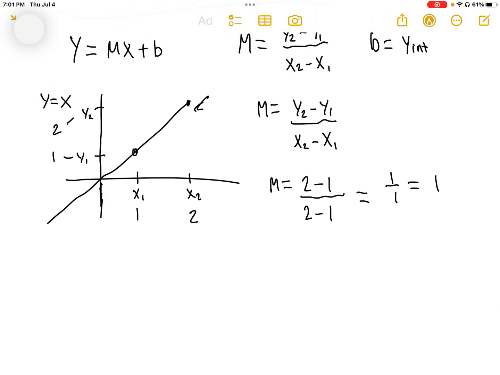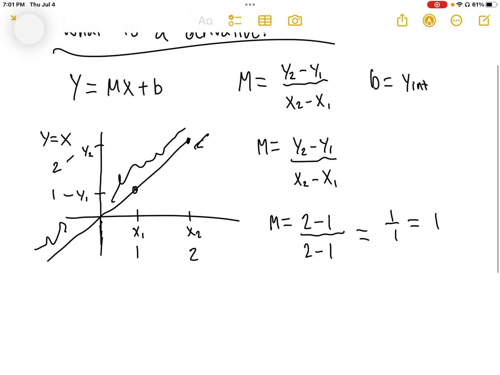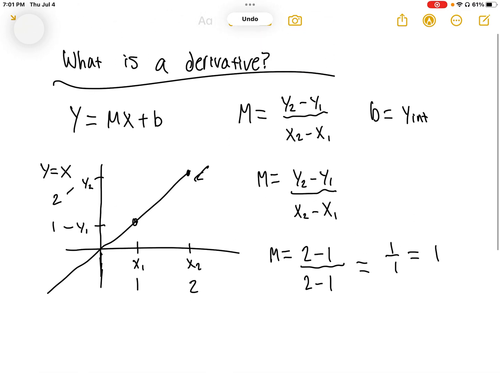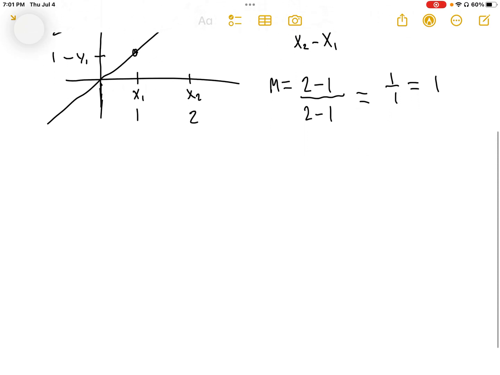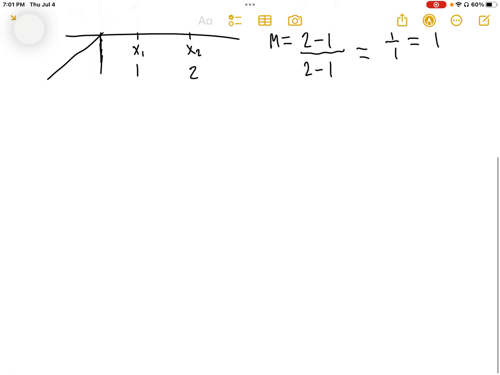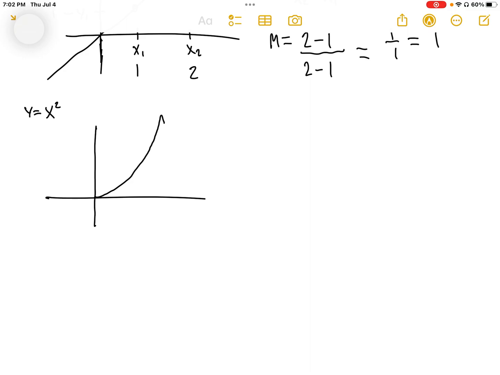And any linear function, it's always going to be the same slope everywhere on this entire function. So, using this, how would we find the slope of a curved function? So let's say we have the function y equals x squared. And it would look something like this,